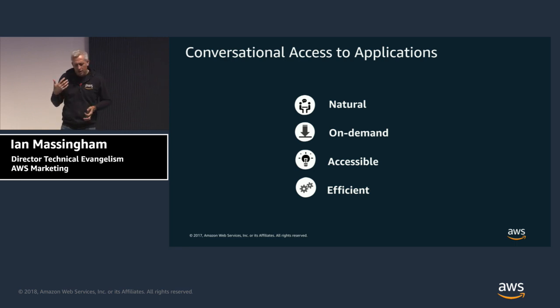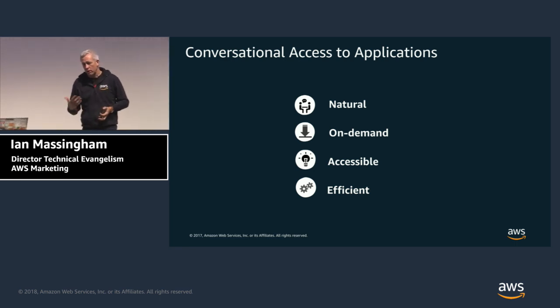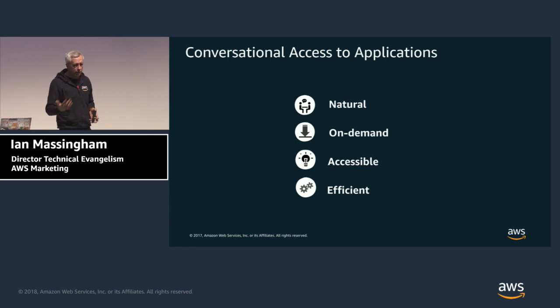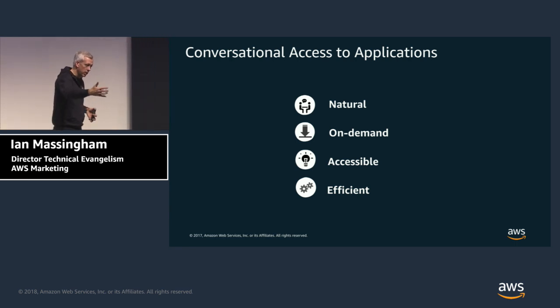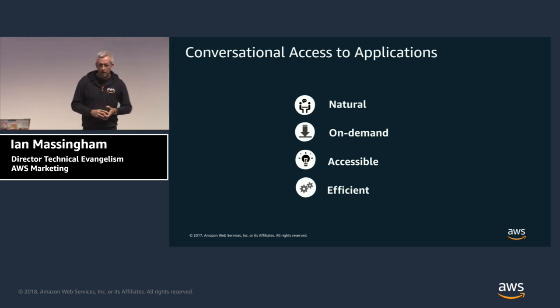In the case of purpose-built chatbot interfaces, they might be present on social networks where our customers are already active, like Facebook Messenger or Slack or Twitter direct messages, so we can take our interface to our customers through an existing channel. Or they might be integrated directly into physical products or into other applications.